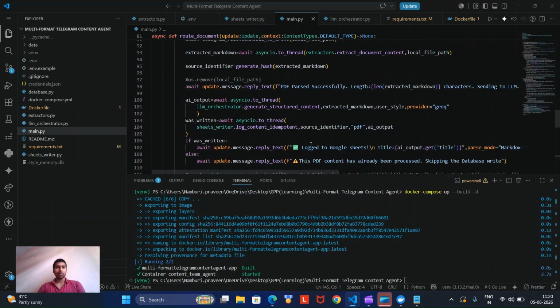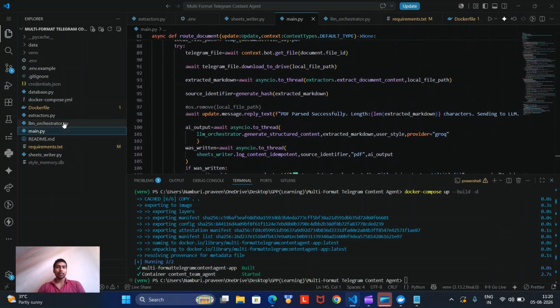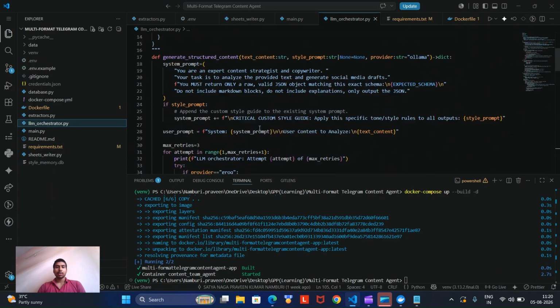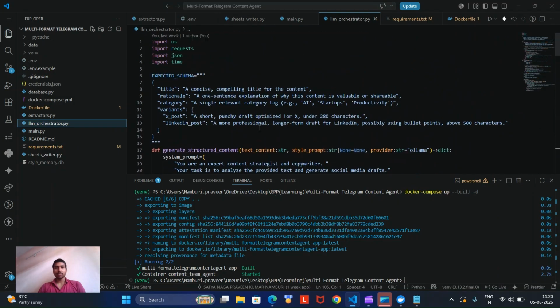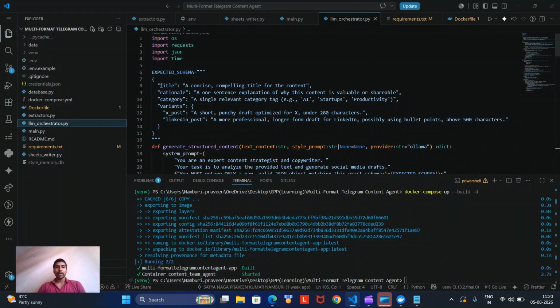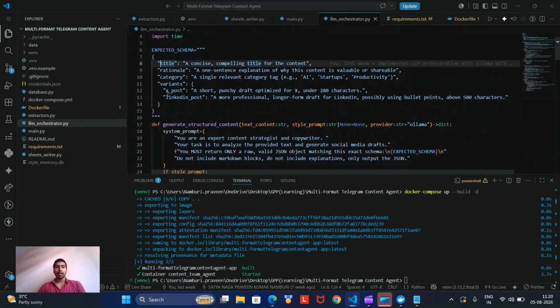So this is the core of our application, and coming to the LLM orchestrator. So which one has to be processed when? Yeah, this is the expected schema for the LLM, consisting of a title, a rationale, and a category, and variants such as X post and LinkedIn post. So we are defining